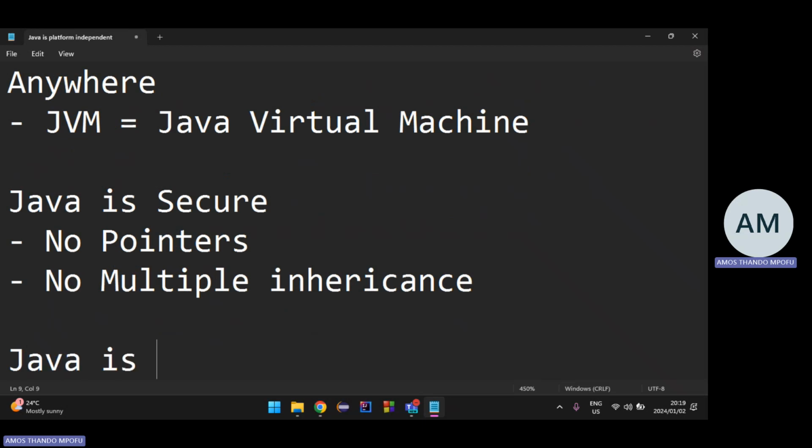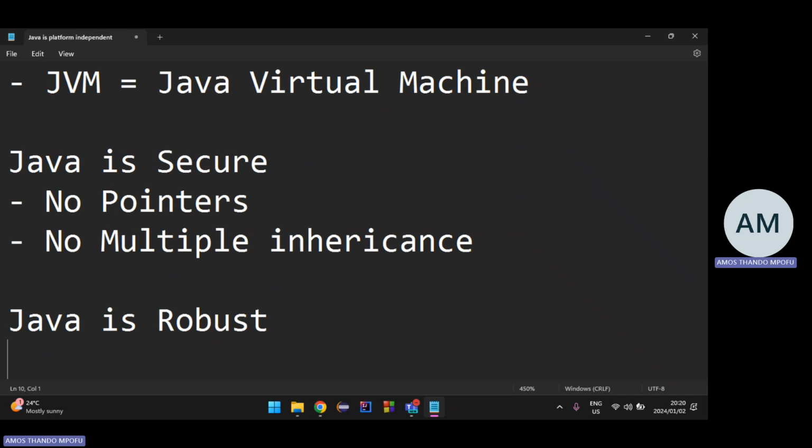Java is also robust, right? Java is a robust language. There are checks everywhere. Before you even run your program, it checks for potential errors, all those things. Java is very robust. That's one of the benefits of it. Then what's another thing? Yeah, Java is